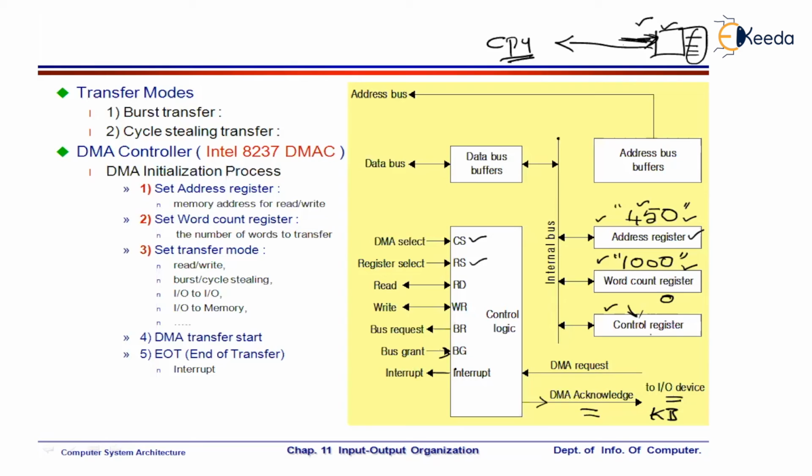Okay, which means that, Mr. CPU, the transfer has been successful. You can get your bus system back. You can take the control over the bus system again. So this is how DMA transfer will happen. Direct memory access transfer will happen. Hold on. Just a small thing to finish here about the logic of the block diagram of the DMA controller.